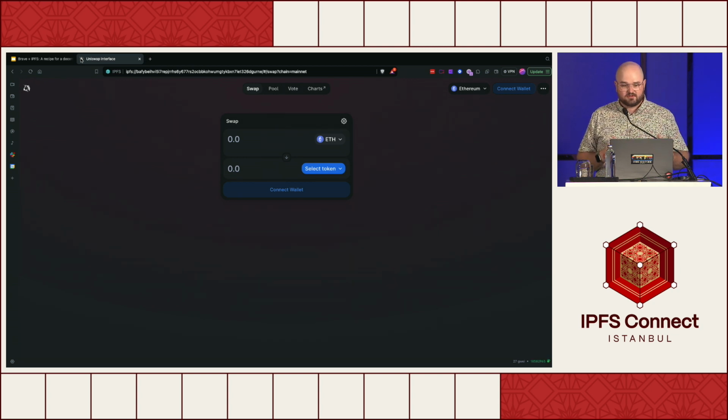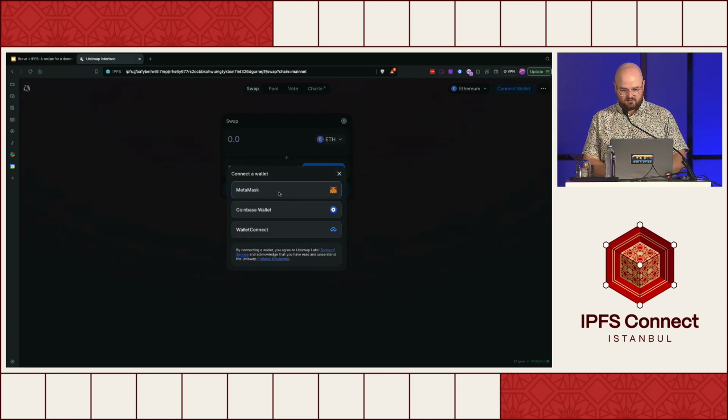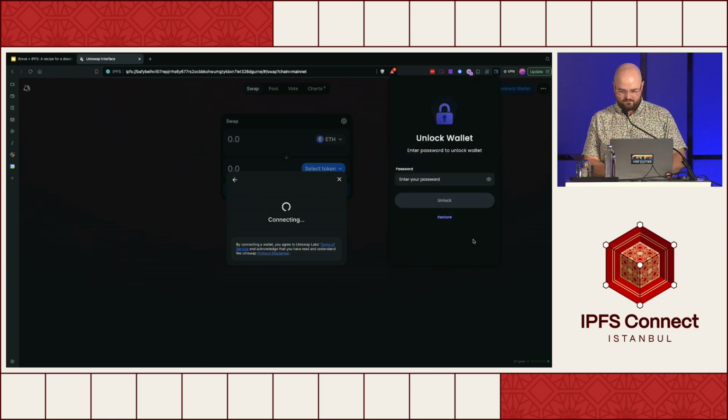So essentially, I'm now accessing a website with a URL domain that's being hosted on Ethereum that's redirecting into Uniswap, and I'm now able to do something like make a swap. So connect to Brave Wallet.